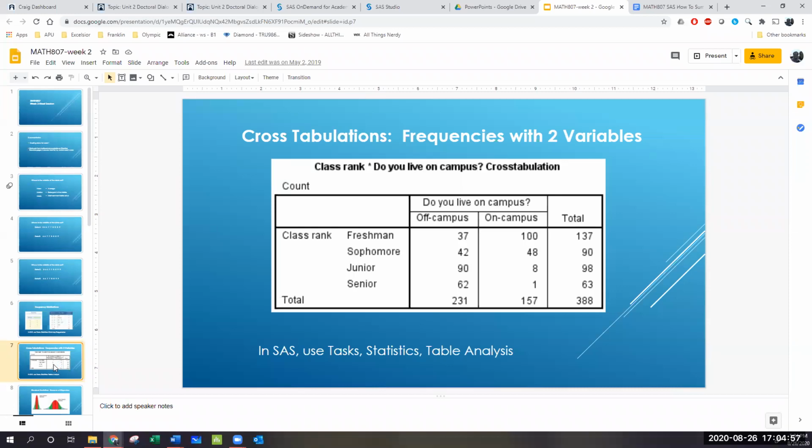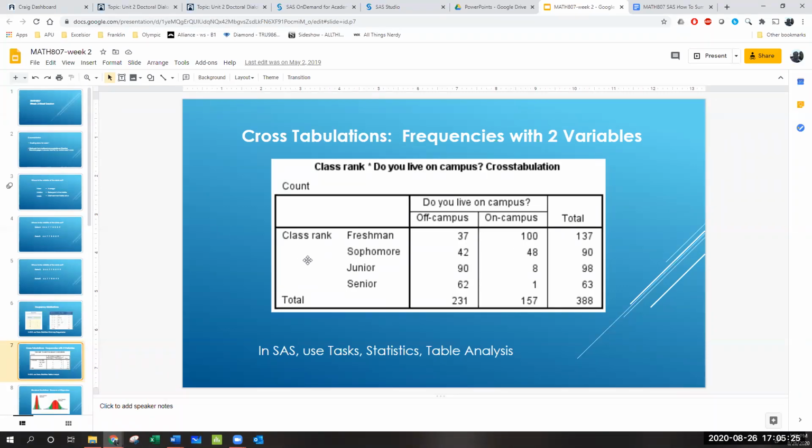Cross tabulations, you guys need to pay attention to this because your mini project will ask you to make cross tabulation tables, and people keep screwing them up. So let's take a second to make sure we understand how a cross tabulation table works. All a cross tabulation table is, it's a fancy way of saying you've got some data that is going to be categorized two different ways. It's going to have a horizontal